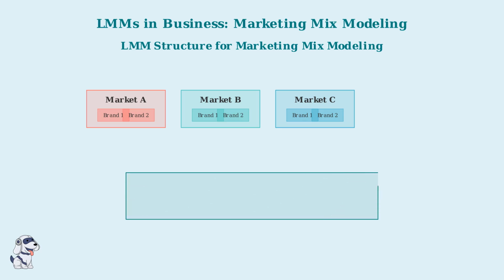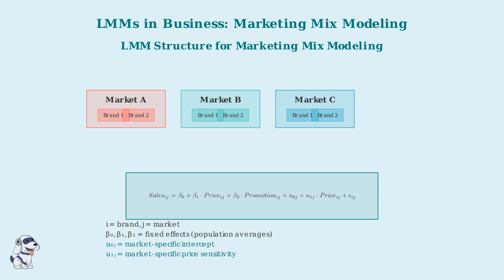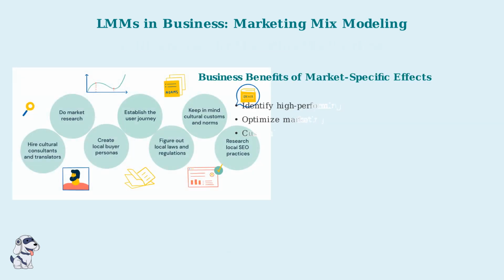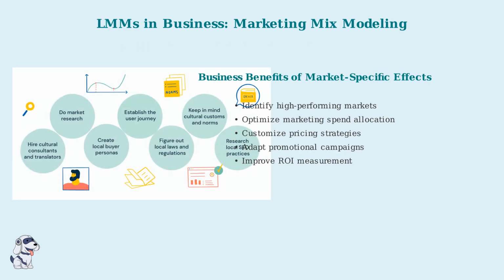The linear mixed model for marketing mix includes fixed effects for overall population trends, plus random effects that capture market specific differences. Each market has its own intercept and can have different sensitivities to marketing variables like price. This market specific modeling enables powerful business applications. Companies can identify which markets respond best to different marketing activities, optimize their marketing spend allocation, and customize their strategies